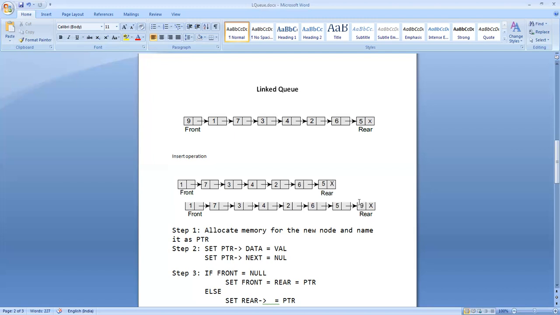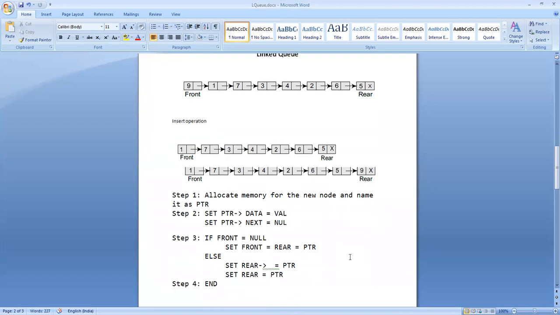That's what is happening. I am creating an empty node. In this empty node, I copy the value 9. Then I make the next field of the new node null. Then the connection from rear reference next is given to the new node. Yes, the connection is made here. After that, rear is moved from here to here. That is how we do it. Look at this algorithm that explains this one.